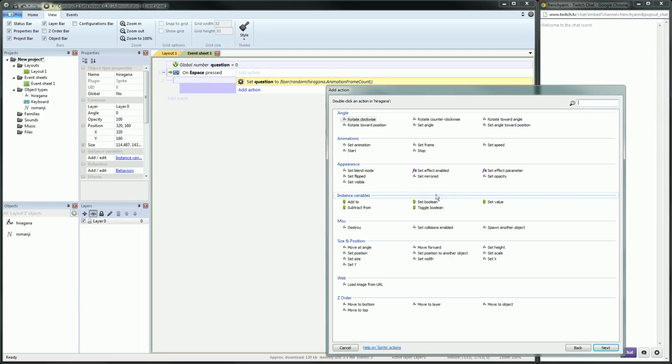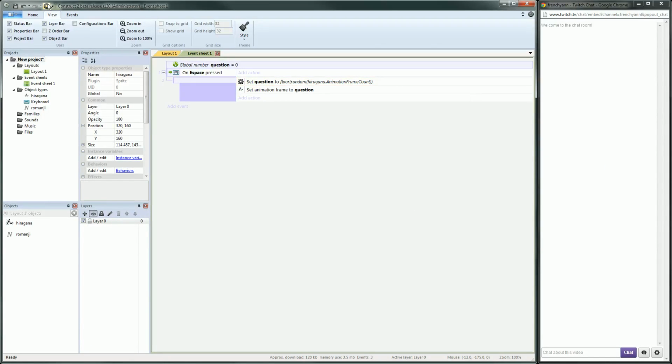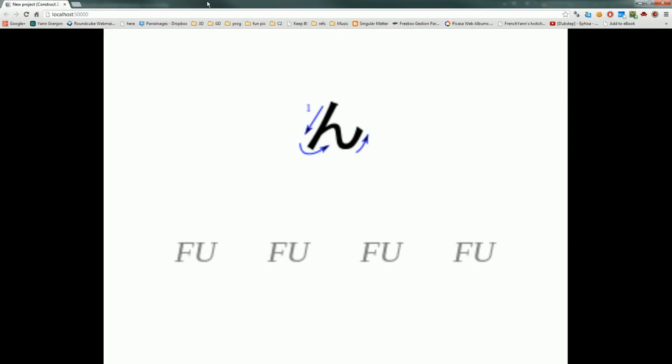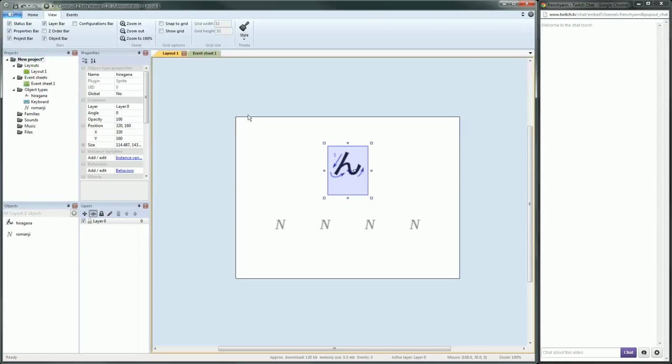So let's set frame question. If I launch the game, here's what I have. I have to stop the animation